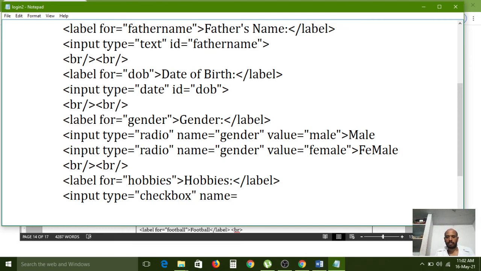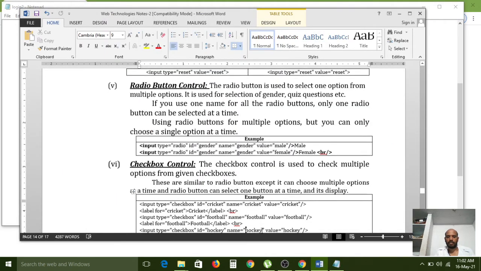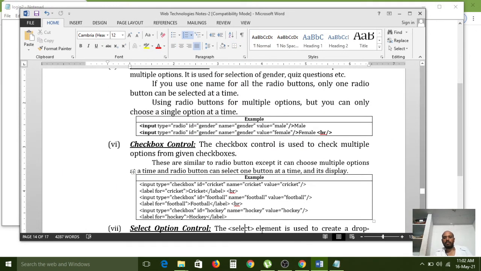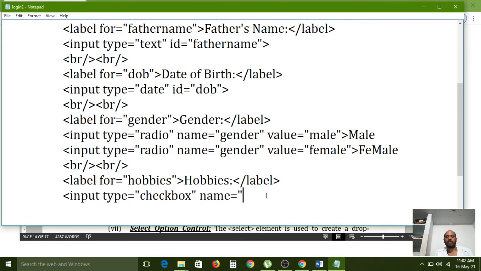name equal to. Here we have to configure different names in the name place, because of selecting any one option. In the previous radio buttons, what we configured, gender is the name, a common name for the two inputs, male and female.